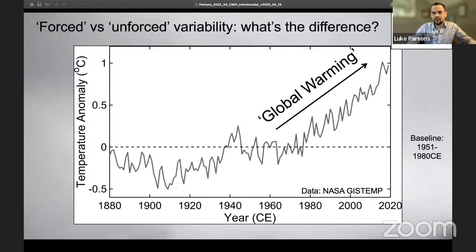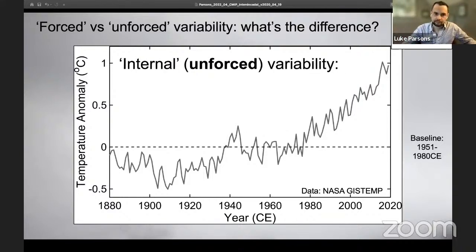And I think that this last about 70 years of this trend, people recognize this as a global warming trend. And this is what I'll be talking about mostly as externally forced today in my talk. In other words, forcing that's imposed on the climate system. Let's say if we add aerosols to the atmosphere, or let's say we add greenhouse gases that are trapping outgoing longwave radiation that are warming the planet. I'll contrast this then with internal variability, unforced variability.